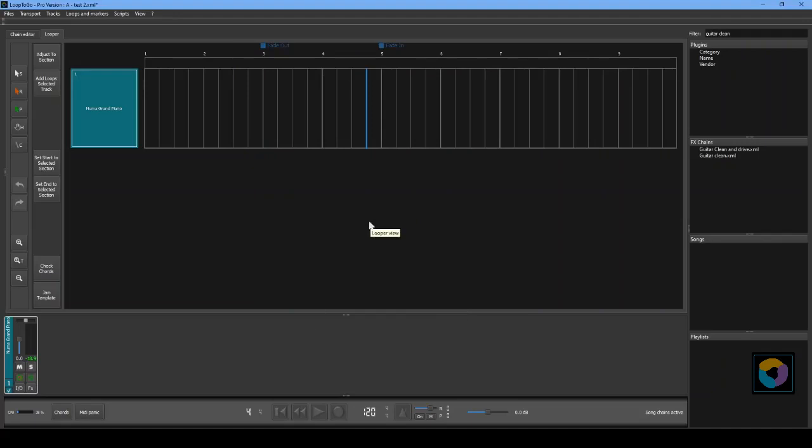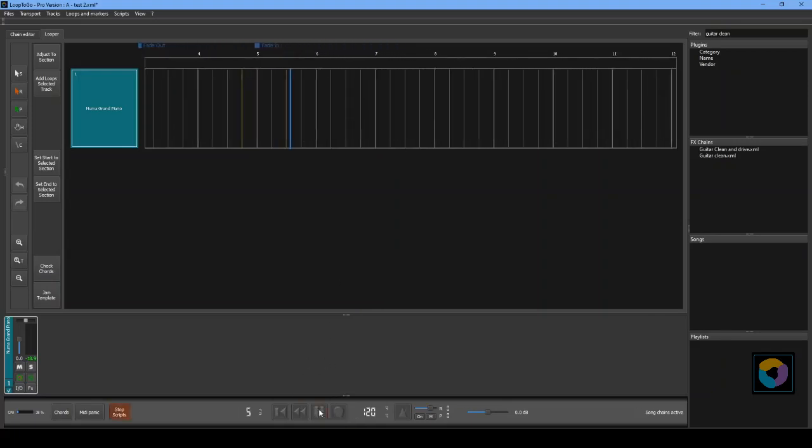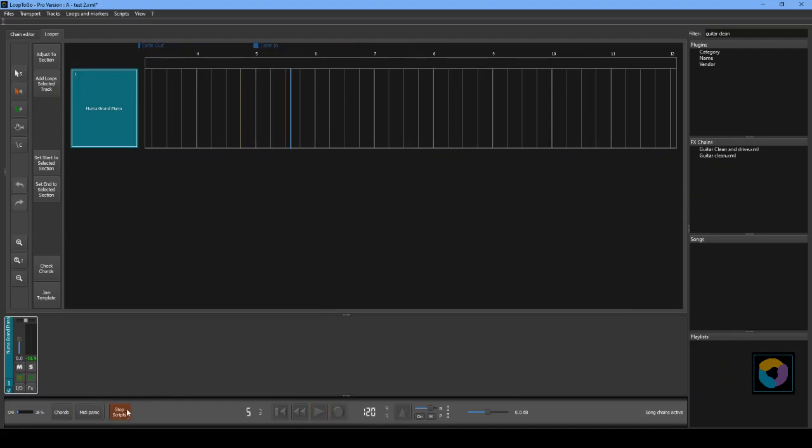What I want to show you now is how to see if there's a script running and how to stop it if we want to. So let's start the fade-in script, and we will pause before the script is completed. As you can see here, there's a new red button that shows that there is a script running. If we go on,